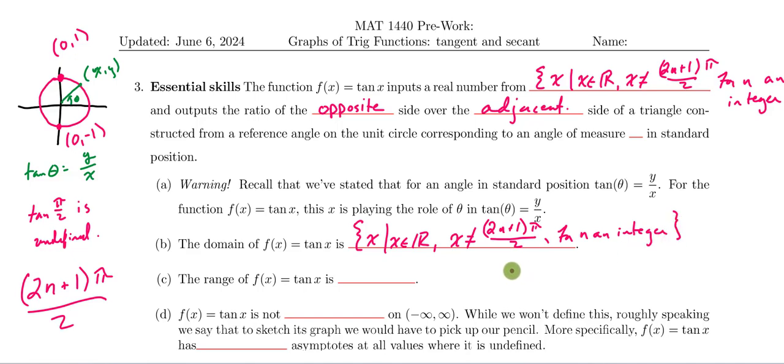And just as a reminder, the integers are all of the counting numbers, 1, 2, 3, and so on, along with 0, and along with each of their opposites. So those are the integers. There should be dot, dot, dot in front of that, folks. Those are the integers, and we're saying that if I pick an integer and then develop an odd multiple of pi over 2 that way, we're not allowed to let x be that value. That angle is forbidden in our